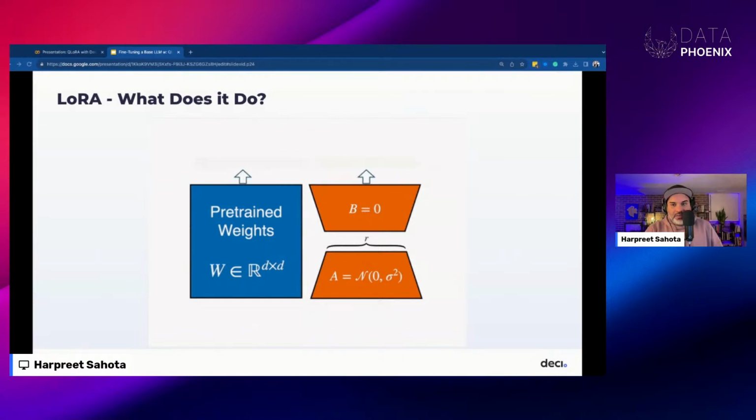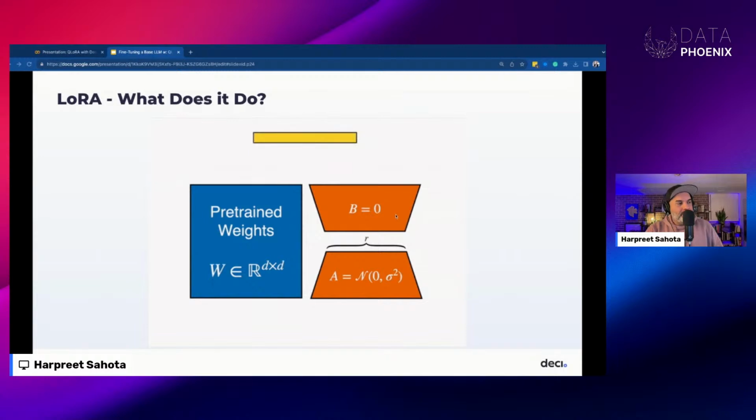Essentially, we're breaking this down into 2 smaller matrices. We suppose that matrix A has the same number of rows as the pre-trained weights, and that matrix B has the same number of columns as the pre-trained weight matrix.